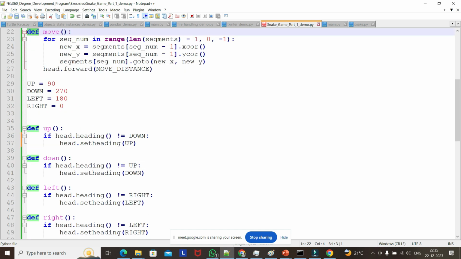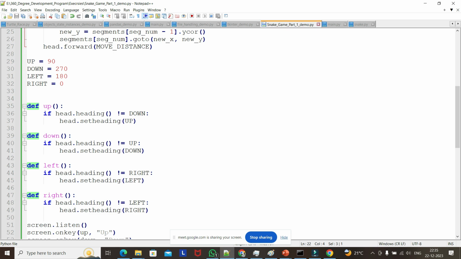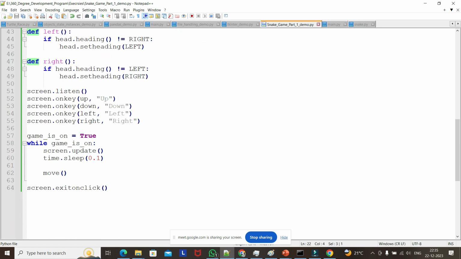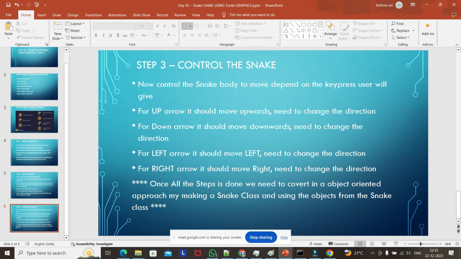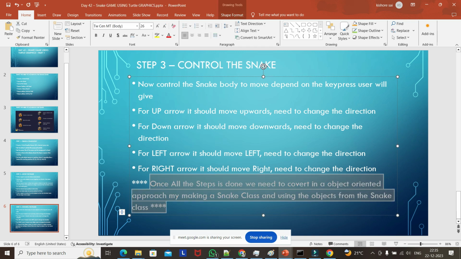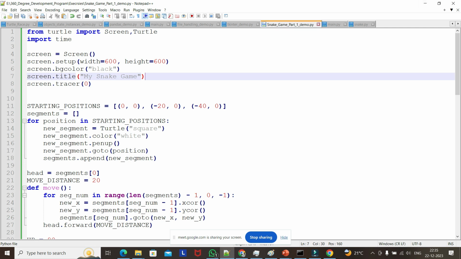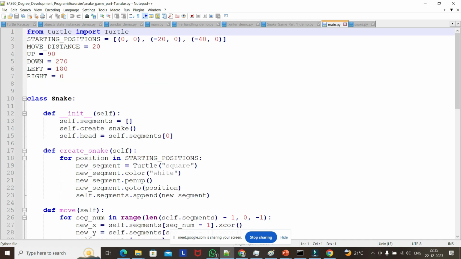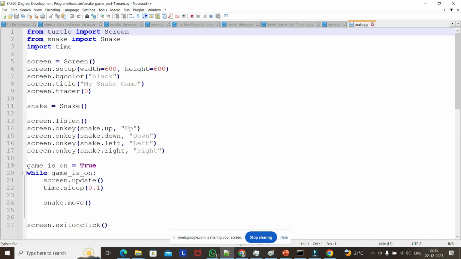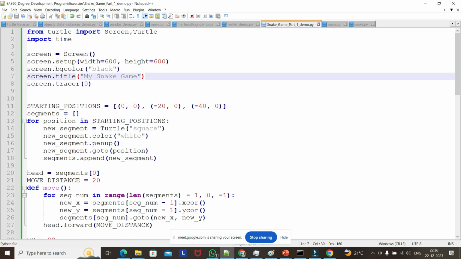So this is a general way, like going in normal scripting style. But what we need to do is create it in object oriented form. So we need to create a class and then use that class in the main file. It's simple, and if we see the same steps that we did in the scripting style,